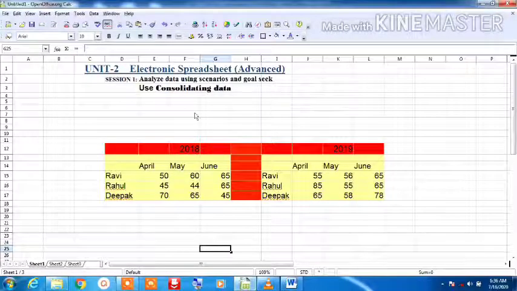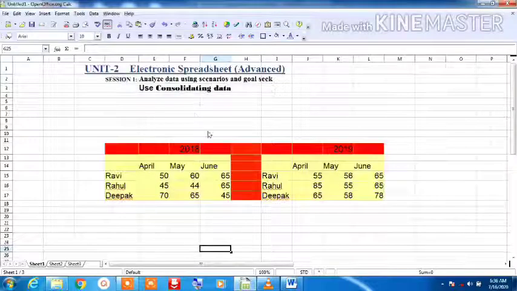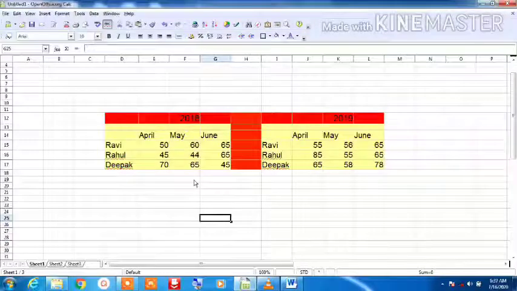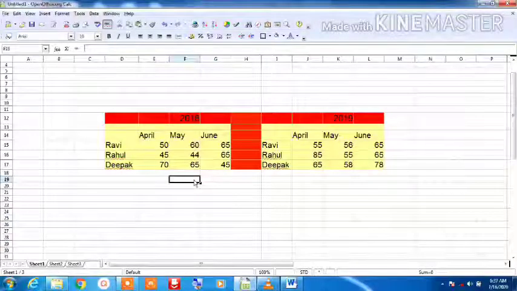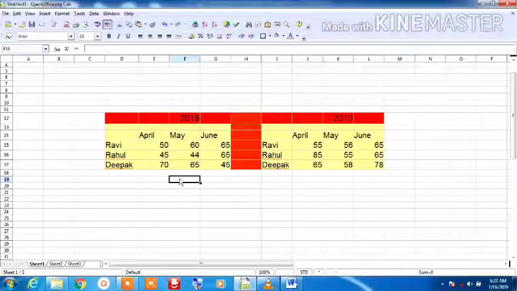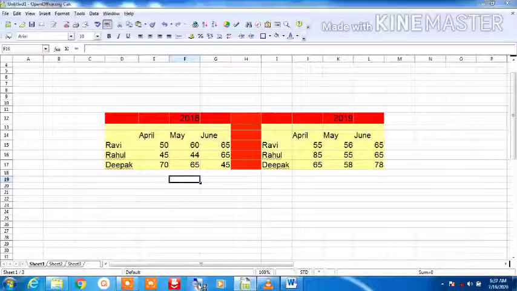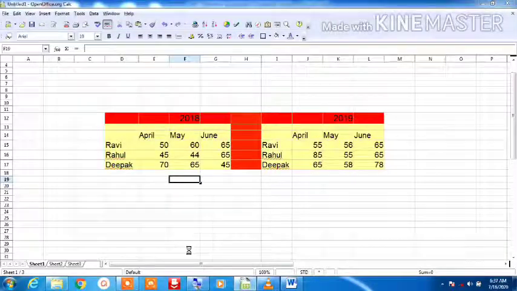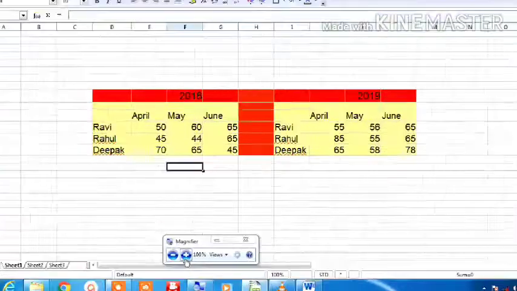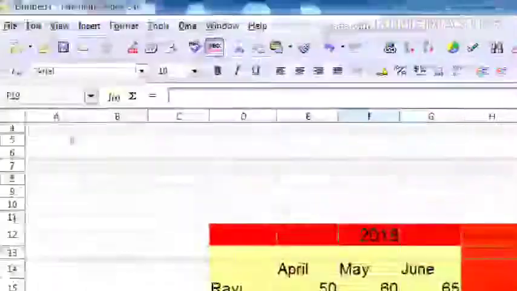Okay. So first we will discuss range. Range means, suppose this is a cell. Okay. So here you will see the name box. The name of this box is F19. I will show you using the magnifier.